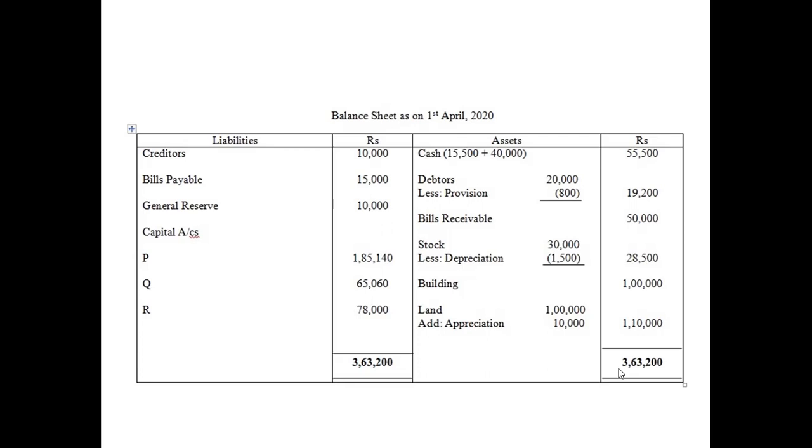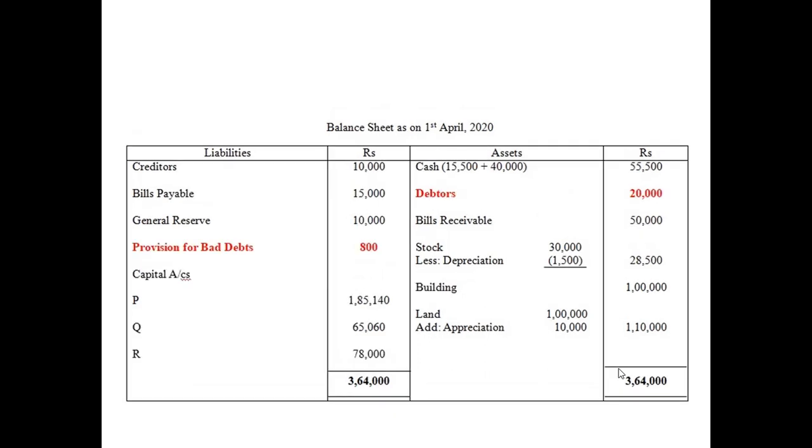So how do we get this answer, which is mentioned in the book? If you want the book answer, I'm not saying that this is correct and this is incorrect. Both are correct from their standpoints, but it is up to you. I said just now whether you want to follow this one or the other one. It is up to you. You can follow any. Okay, how do we get this balance sheet total 3,64,000